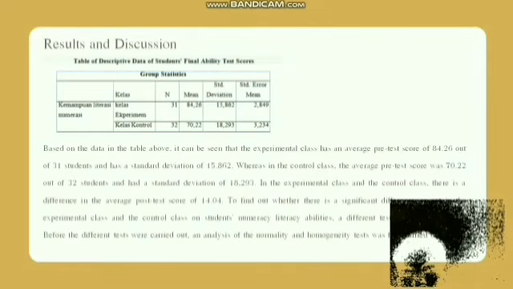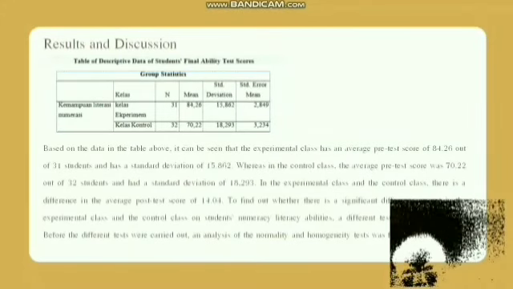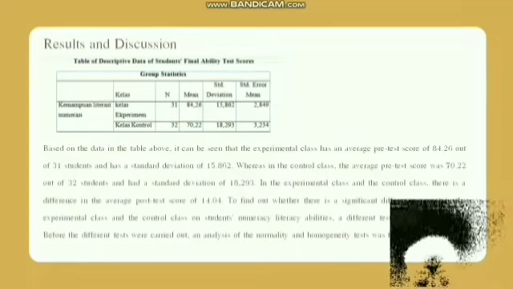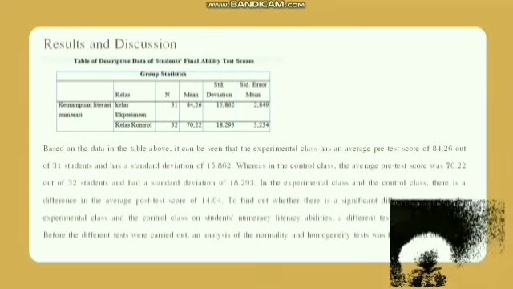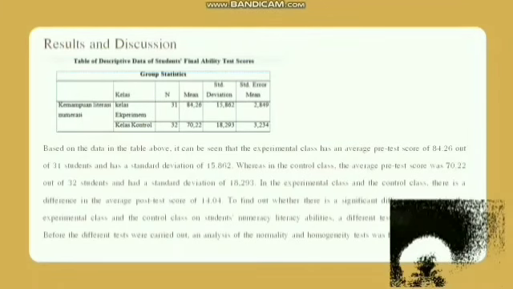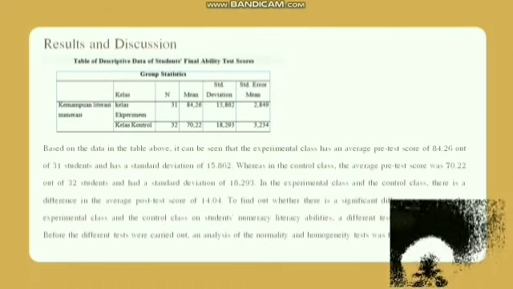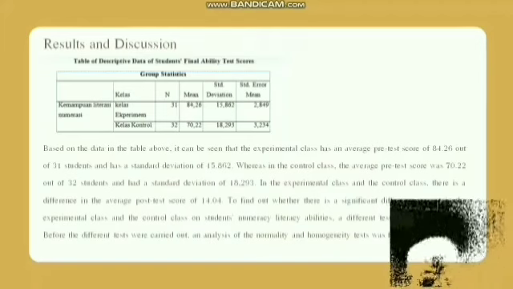Based on the data in the table of descriptive data of student final ability test score above, it can be seen that the experiment class has an approximate test score of 84.26 out of 31 students and has a standard deviation of 50.862, in contrast to the average pretest score